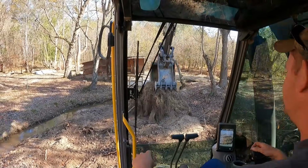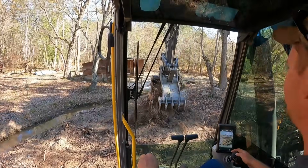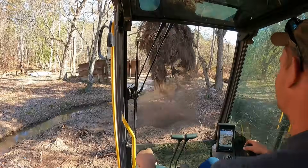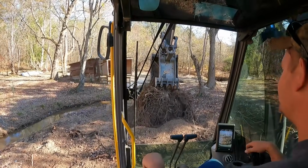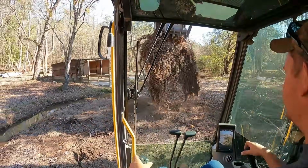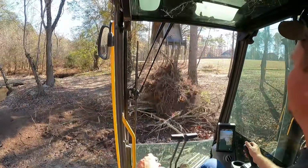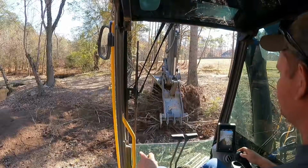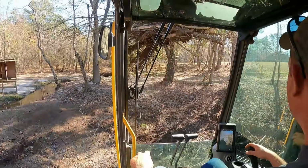Lot of sand. Concrete in the ditch, I'll probably use it on like the front and the back side of the pipe to keep it from eroding. Alright, I'm gonna get this finished up and go take some